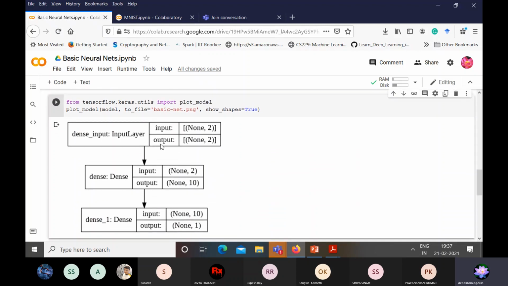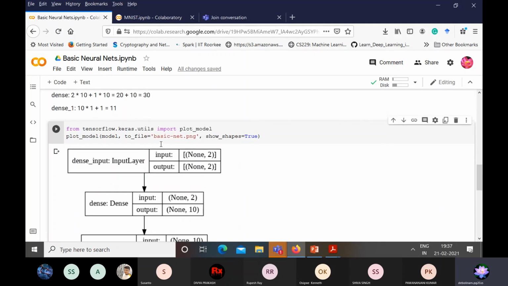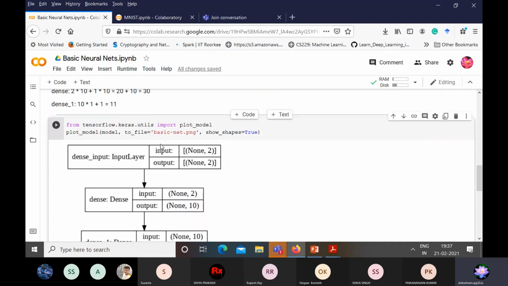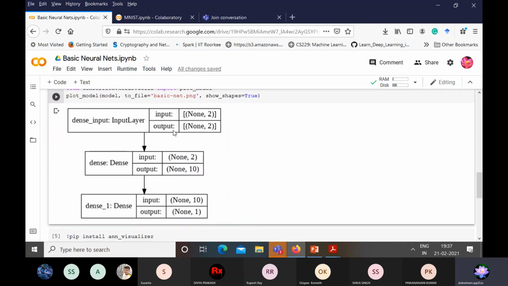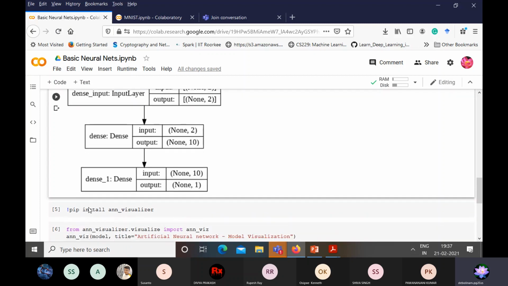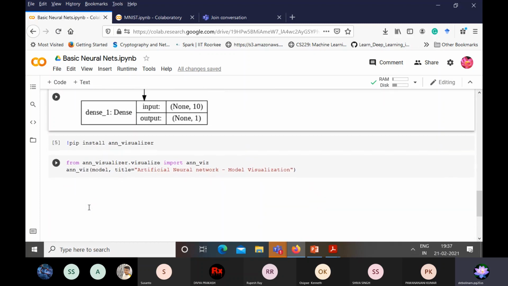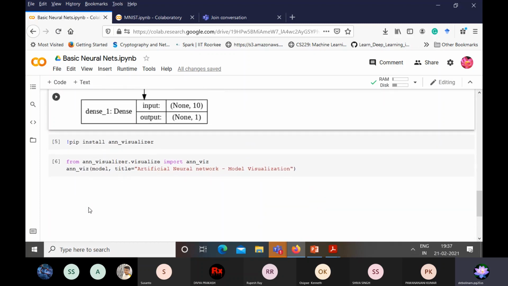And you can also visualize whatever model you have built. We have the input layer over here, then the dense layer, which is the hidden layer, and lastly we have the output layer. There's also a very good library called ANN Visualizer, which I often use to visualize my neural network.